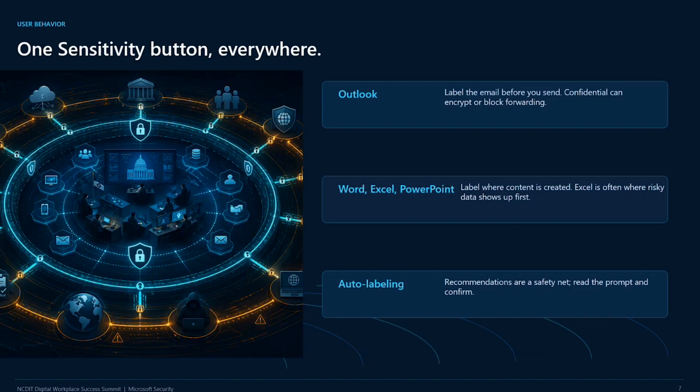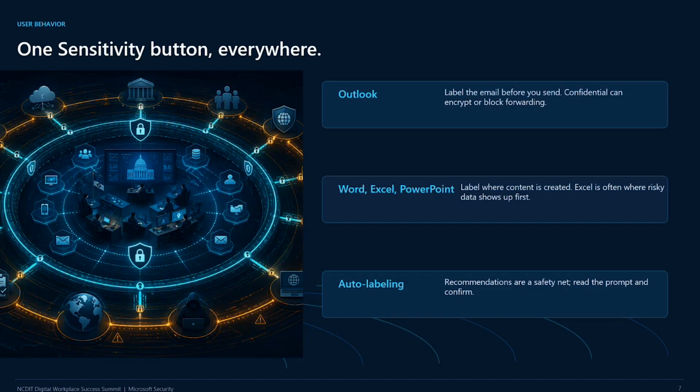Other thing I want to mention, these labels, they're going to be available to you across all of your Office apps. It doesn't matter if you're on Windows. It doesn't matter if you're on Mac. If you're somebody who likes to use the Office apps on the web, you're going to see those labels in all of those locations. Microsoft developed these so that you're going to be able to work on the device that you want to, in the location you want to, and still have access to these critical tools to keep your data appropriately classified. So you'll see it in Outlook. You'll see it in your Word, Excel, and PowerPoint.